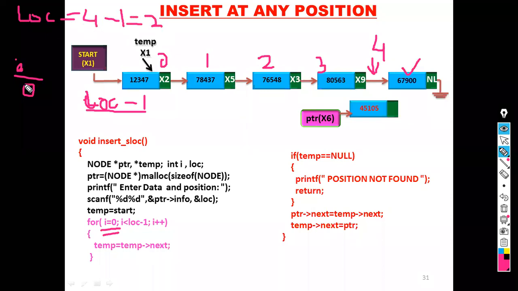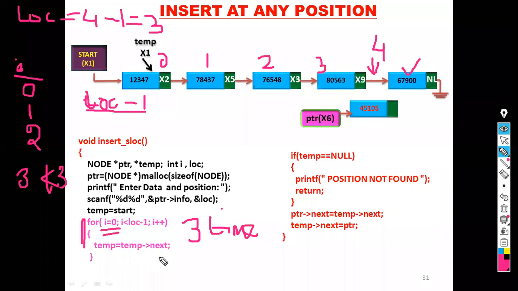How many times will this loop execute? This loop will execute for i equal to 0, i equal to 1, i equal to 2. How many times? 3 times. Because 2 is less than 3, but 3 is not less than 3. So if location equal to 4, this loop is executed 3 times.